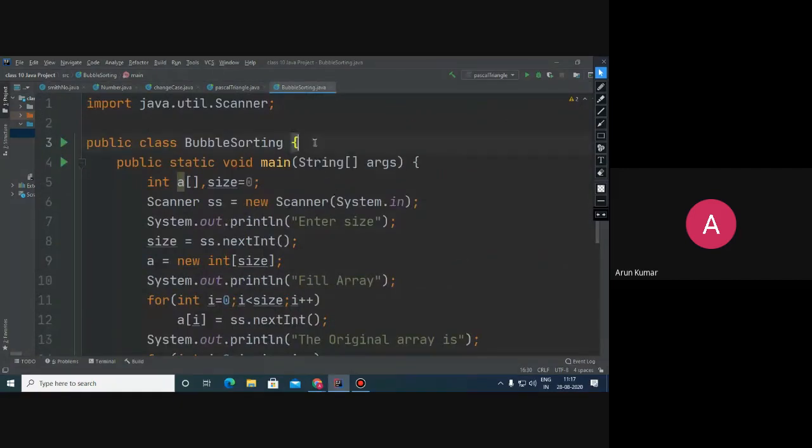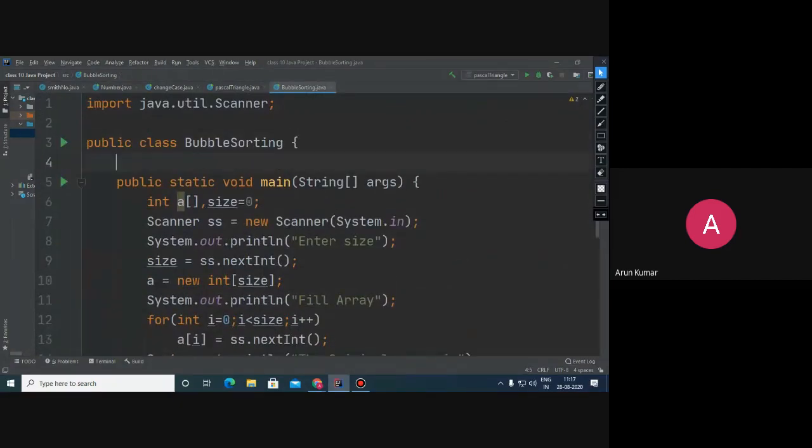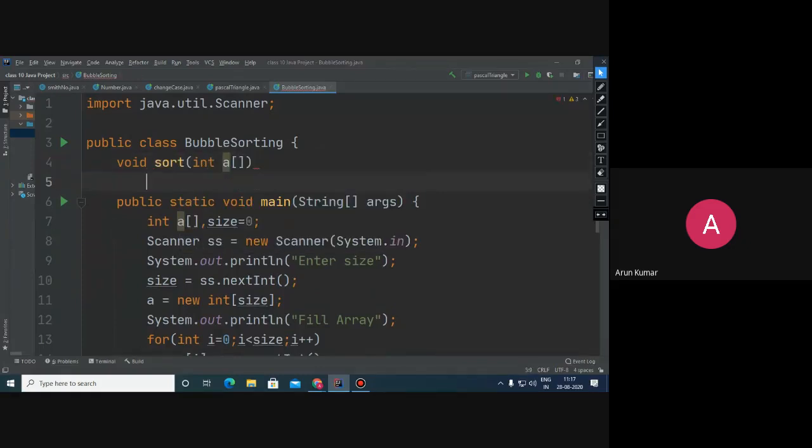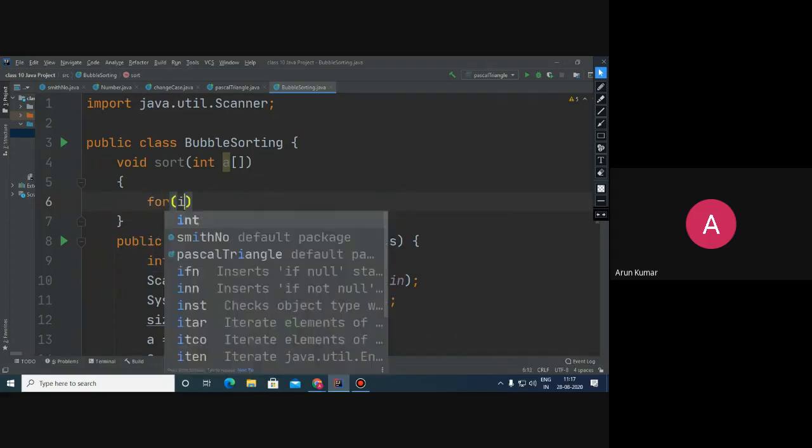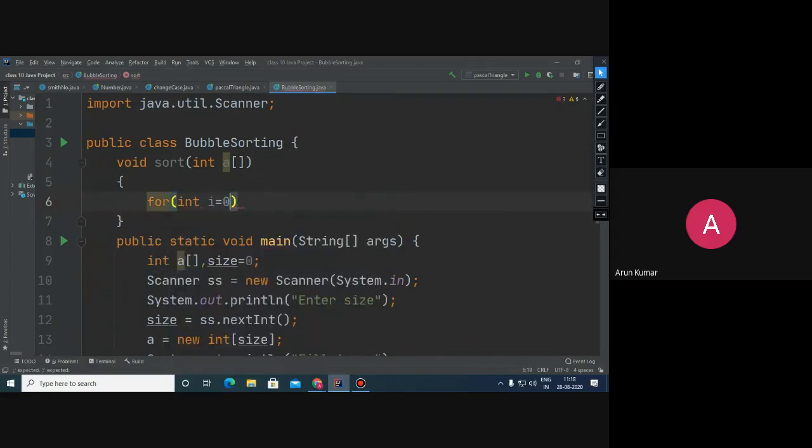And now I'm going to define a function that will actually sort. And here it is going to implement the bubble sorting. So children, as I told you just now, there will be n number of phases if the size of the array is n. So there will be a loop for the number of phases. So here i will be 0 till it is less than a.length, i plus plus.